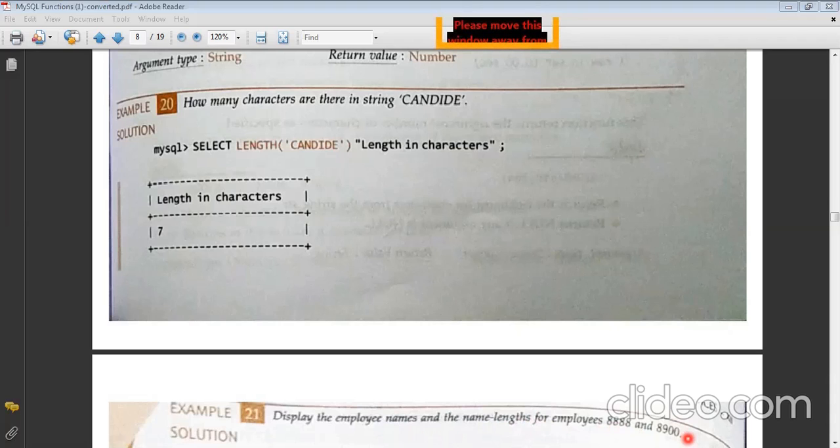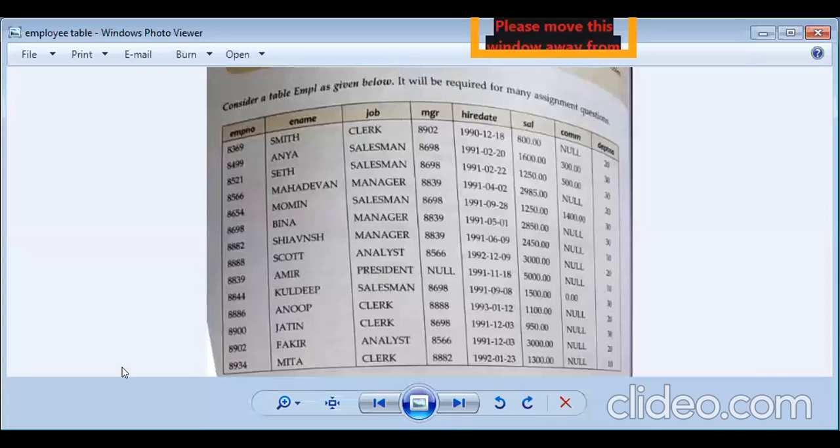So the question is before you all. The table for your help: the table name is EMPL, and let me share the photograph of that employee table. The employee name is with the column name ENAME, and the employee number is with the column name EMPNO. So all three things you have.